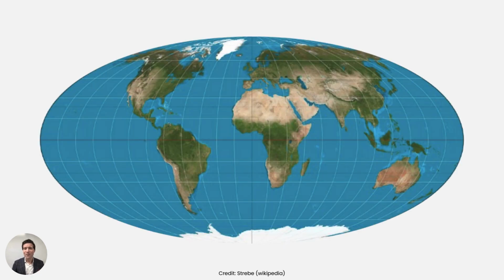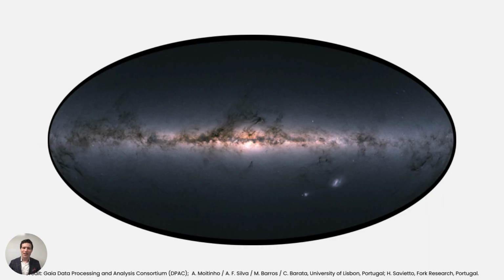This is a problem we have when we try to show the Earth, for example. So this is an example of a Mollweide projection. We do exactly the same, turning the whole structure of our galaxy, wrapping all around us in the night sky, into this nice single flat image. Along the horizontal is the disk of our galaxy, and we're looking right into the galactic center where there are billions of stars all shining brightly.